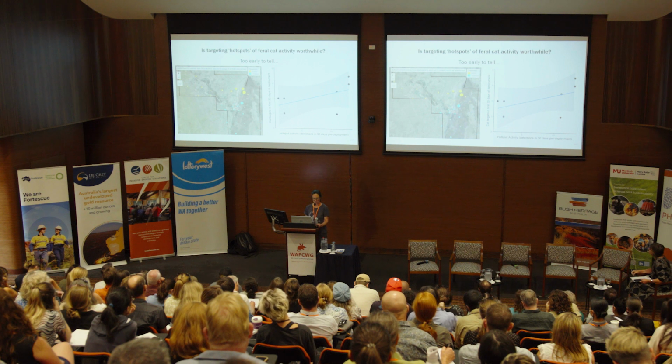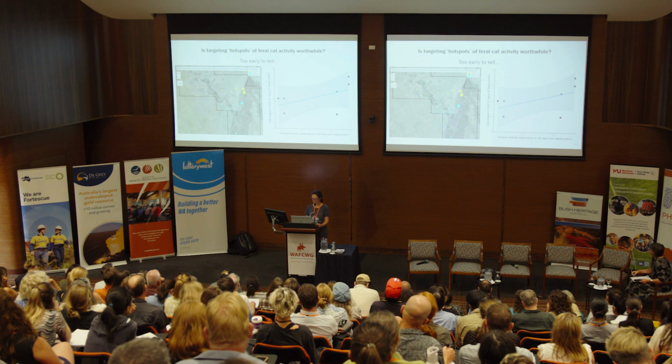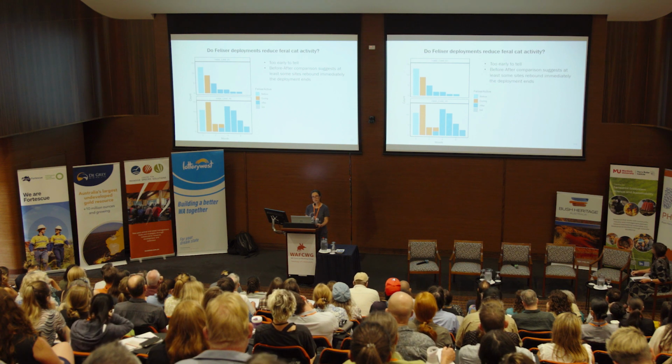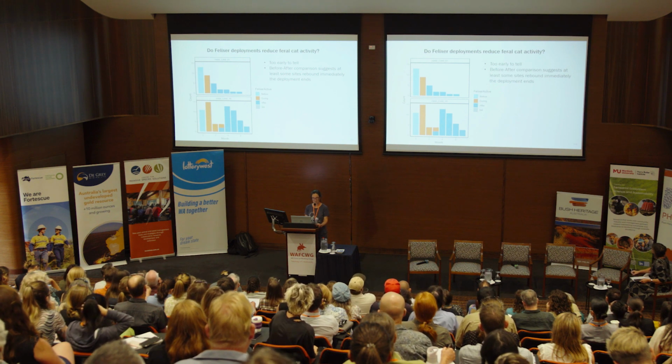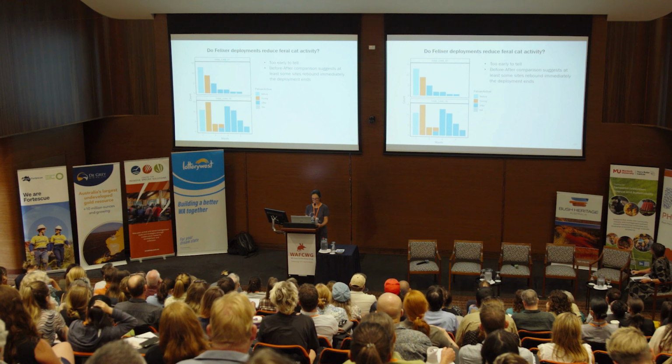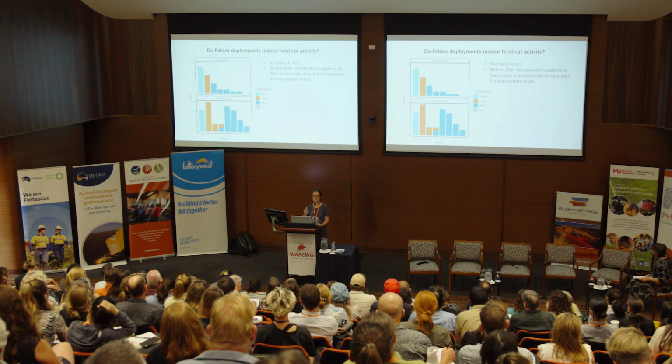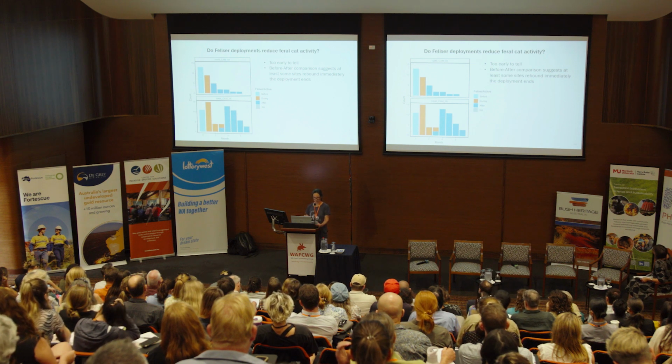So are Felixers reducing overall feral cat activity levels at these sites? These plots show data from the monitoring cameras that have been running continuously, just at the first 2 sites where we deployed the Felixers live. We've only got 2 Felixers, so the subsequent deployments didn't have any post-deployment monitoring yet. In the month before the Felixers were deployed, the light blue bars, there were more than 10 feral cat detections. During the Felixer deployments,